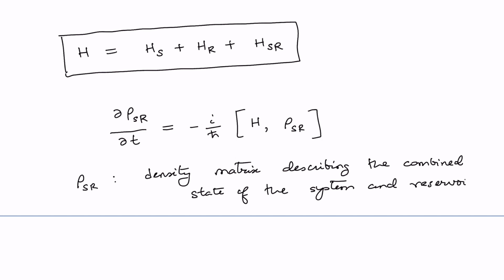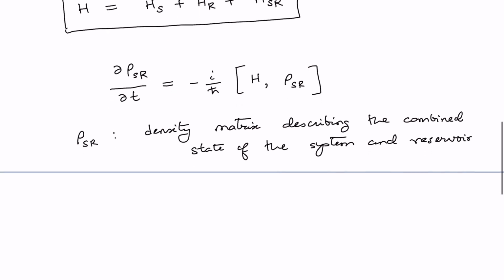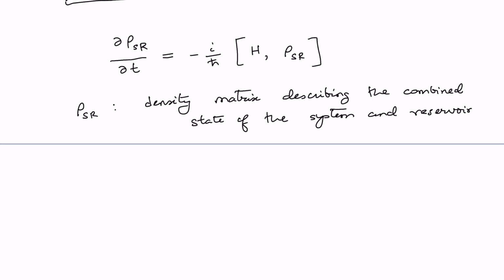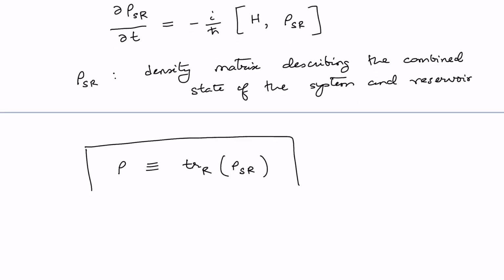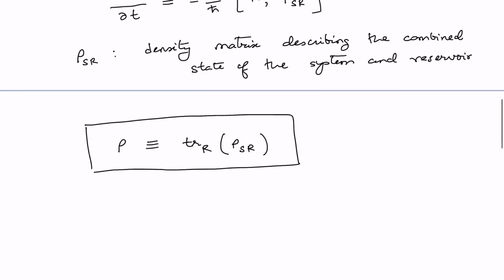However, we are interested in deriving an equation for the evolution of the system only, and our objective or goal is to derive an equation of motion for the state of the system alone. And as we have already learned about the reduced density matrix, you can clearly see that to get the density matrix of the system, we need to trace out the reservoir, and we can do that by taking the trace over the reservoir, and this is what we are going to do. And here this ρ is what I am going to use to describe the density matrix of the system.